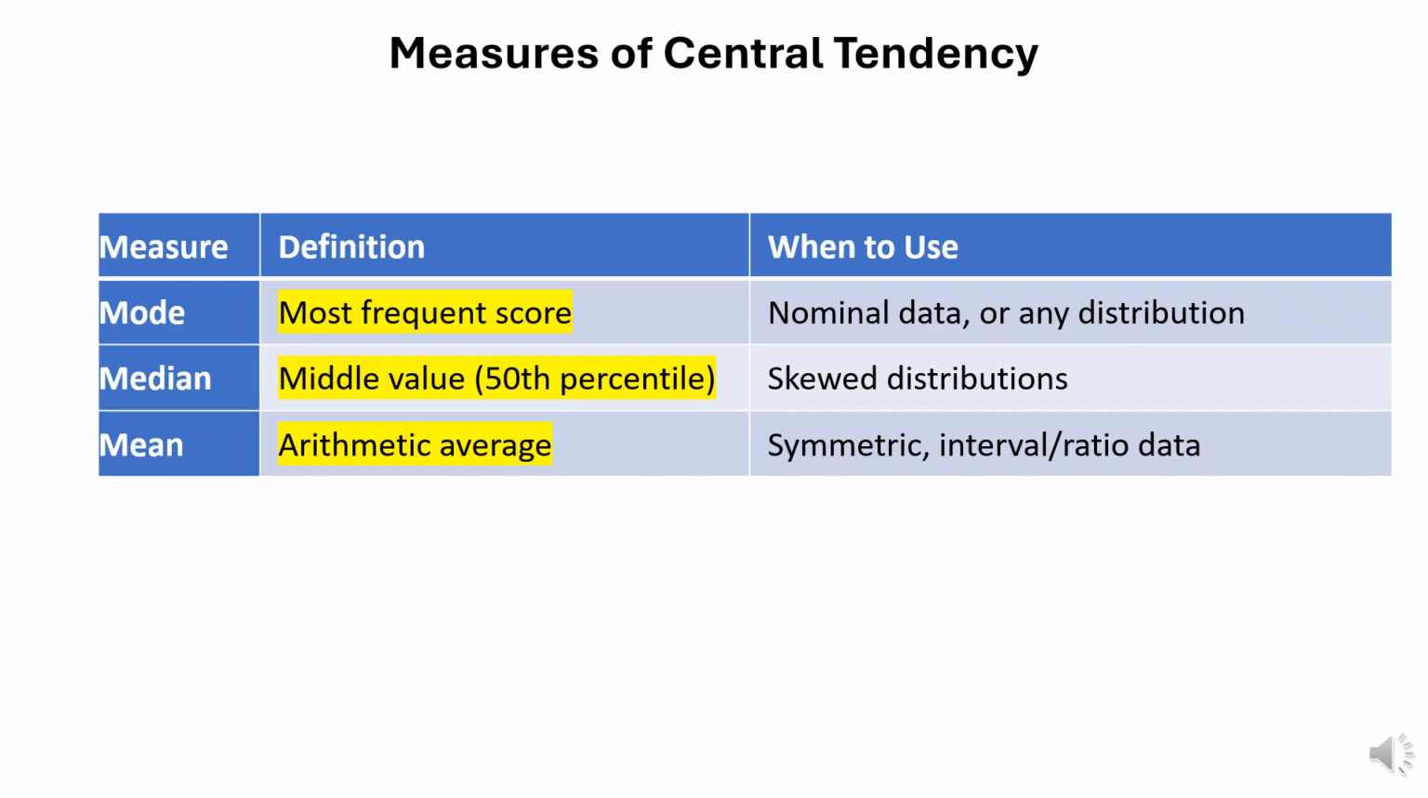The median is the middle value, the 50th percentile, that splits a distribution into two equal halves. It is the preferred measure for skewed distributions, such as income or hospital length of stay, because it is not